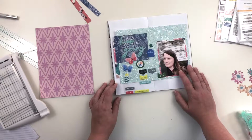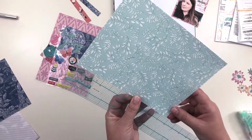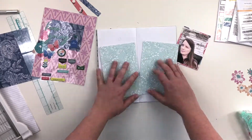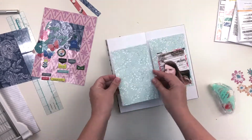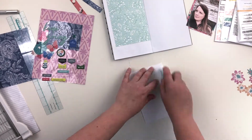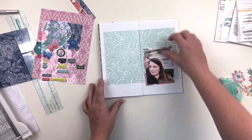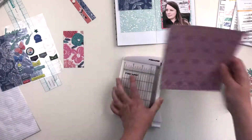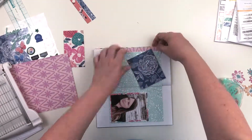And it's a little bit hard to see on screen, but in person the title does stand out on that navy paper. And then to create a background across both sides of the spread, I'm using this really beautiful kind of minty teal colored paper from Citrus Twist. And I just cut that down the middle so that my book will still open and close easily, and it'll look like it's spread across both sides of the page, like it's one sheet, but leaving that seam open so that it can open and close without that paper being in the way. So I'm going to layer that navy blue paper on top of it on the left side of the spread there,